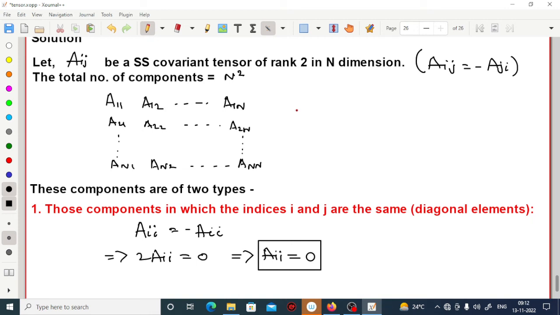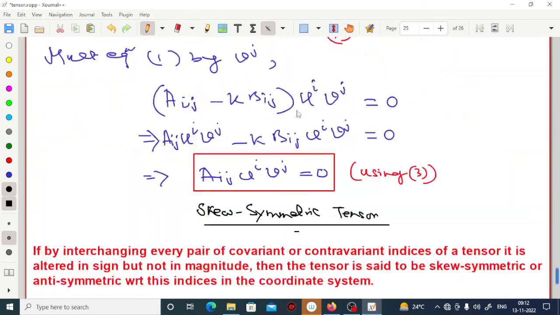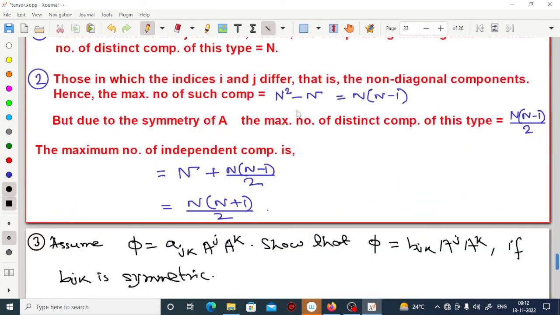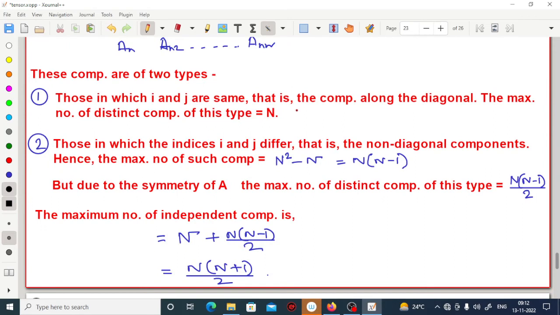So who will be counted? The non-diagonals will be counted. So দেখে নাও non-diagonal কি ছিল। Let us go back to the symmetric one and I will copy from there. So you see in your previous case from the diagonal components you take n number of elements, because the diagonal elements are surviving. How many diagonal elements are there? N number of diagonal elements are there and there is no reason that they should have a relation with each